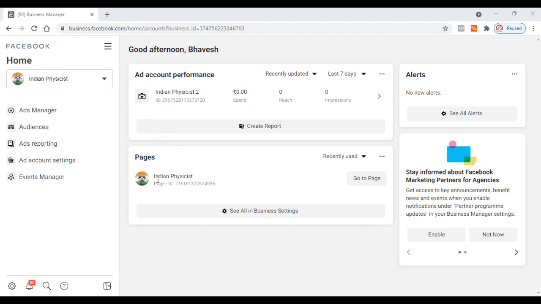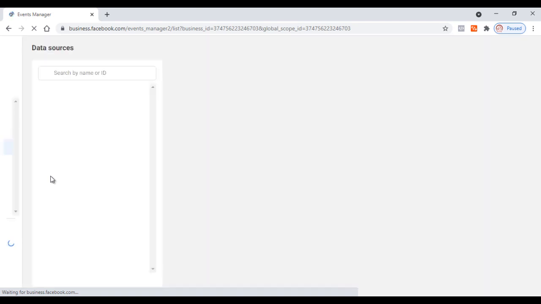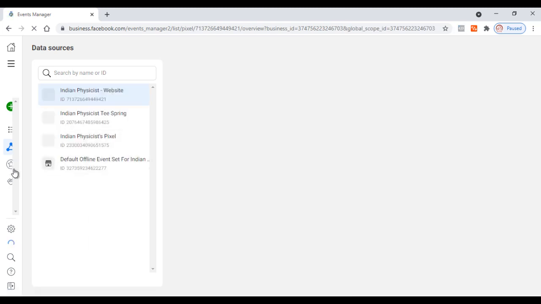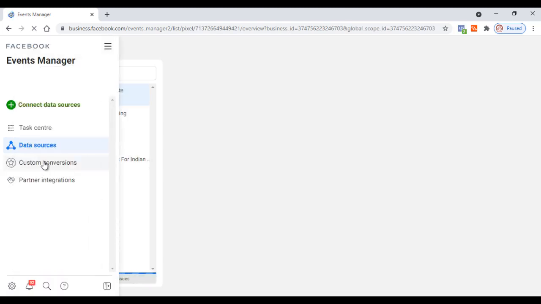So for the first, if you want to delete a custom conversion, go to the Events Manager tab. You have to be in your business account or the Business Manager account. That I don't need to tell you. Okay. So from here, once you reach here, you can click on this tab here of custom conversions. You can go there,